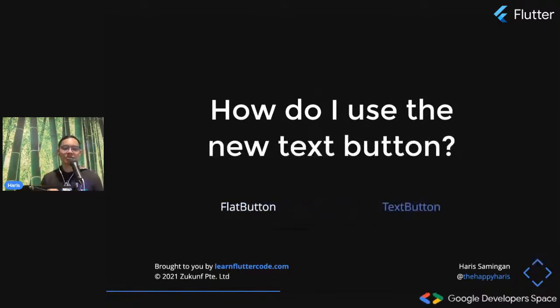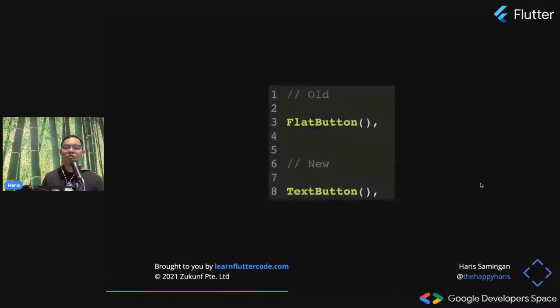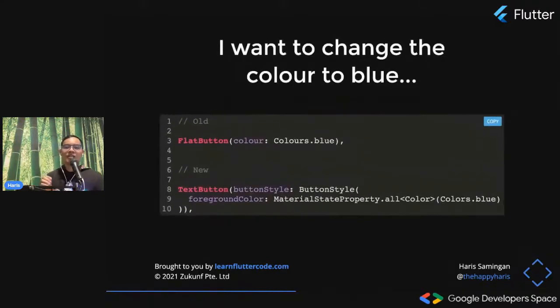So I'm going to give you a little bit of code, and after that a demo on how you can use the new material button. The old material button is called flat button, but the new one is called text button. To create them, it is as simple as just typing it out, and these are the old and new ones. If you want to change the color for the buttons,